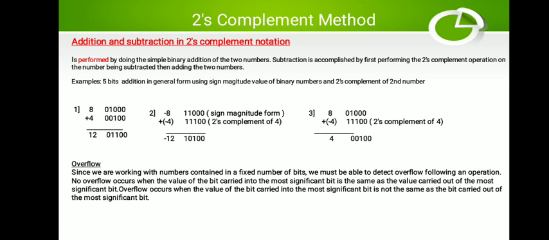Take the first, what is the procedure for 2's complement? Find 1's complement. So 0 0 1 0 0 becomes what? 1 1 0 1 1. Then add 1 to the LSB. So 1 plus 1 will be 0, carry will be 1. Again 1 plus 1 will be 0, carry will be 1. So what will be your number? The number in 2's complement form is 1 1 0 0.